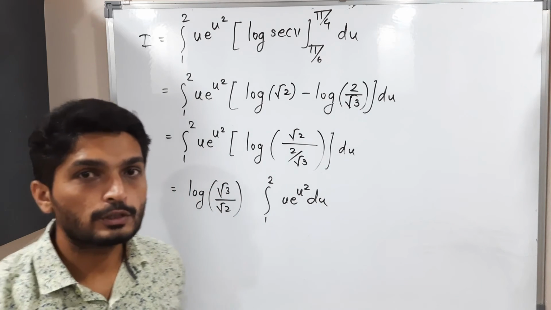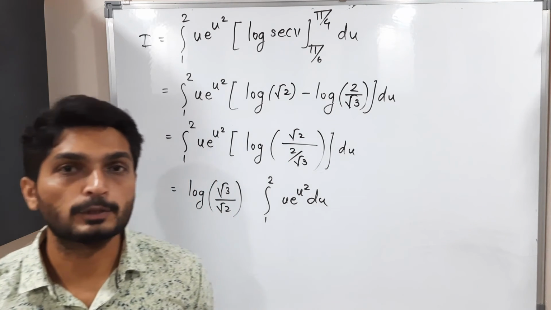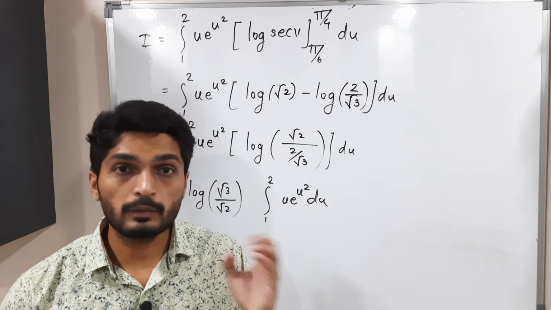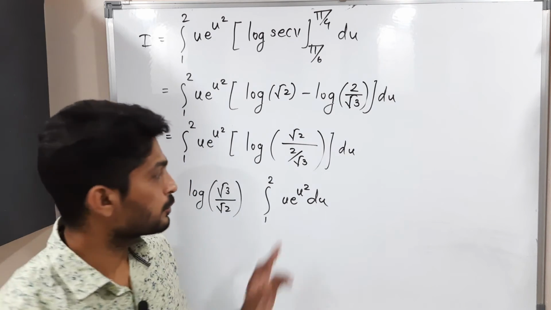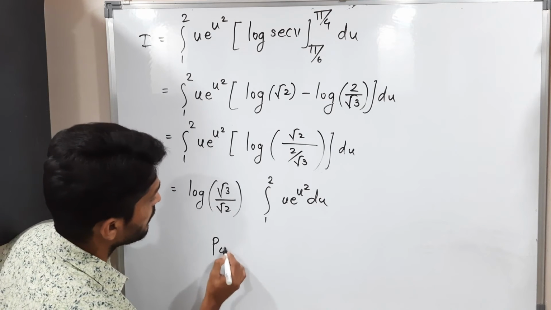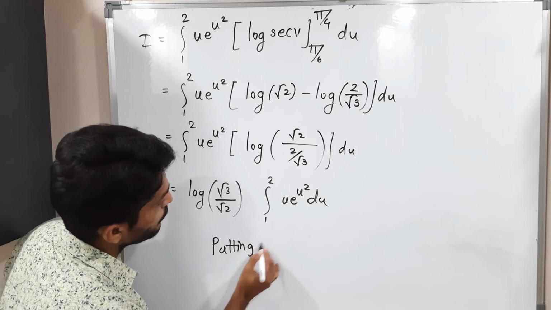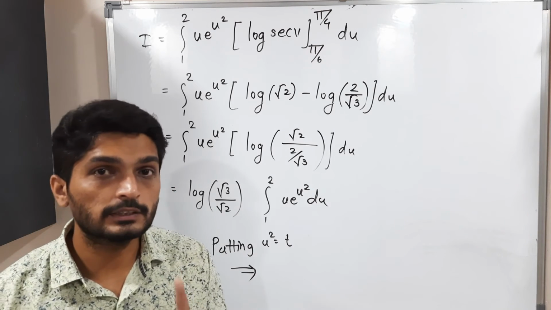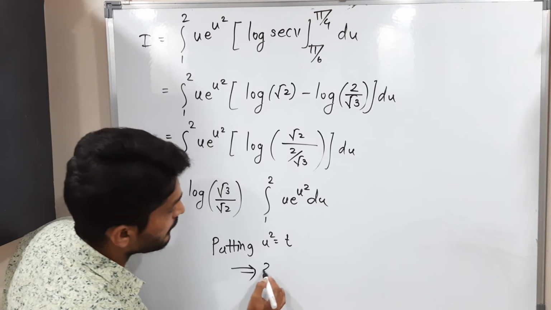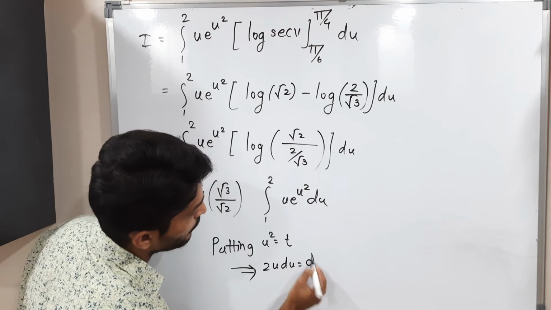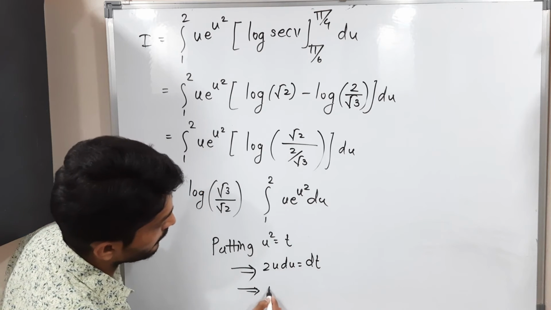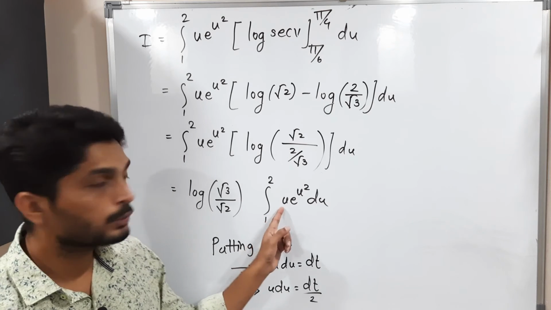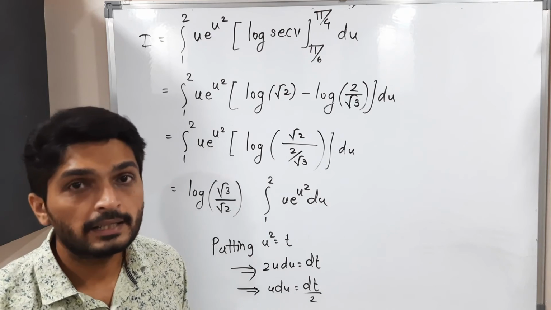See, we cannot solve this problem directly. There is a need of substitution. So normally we put something whose derivative can be easily adjustable here. So what I'm going to put, u square is equal to t. When we put anything, our first task is to find its derivative. Its derivative is 2u du is equal to, derivative of t is 1, so dt. So u du is equal to dt by 2. That means u and du, both of them can be replaced by dt by 2.